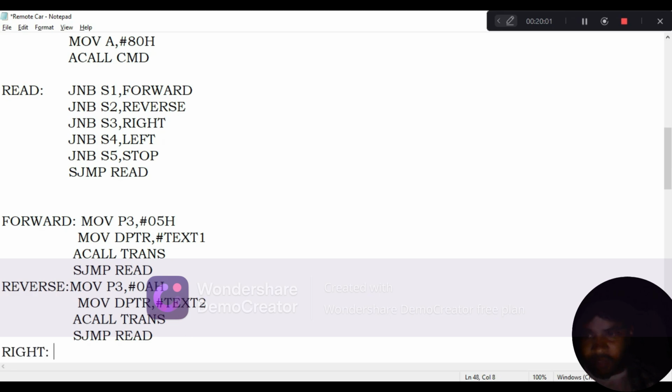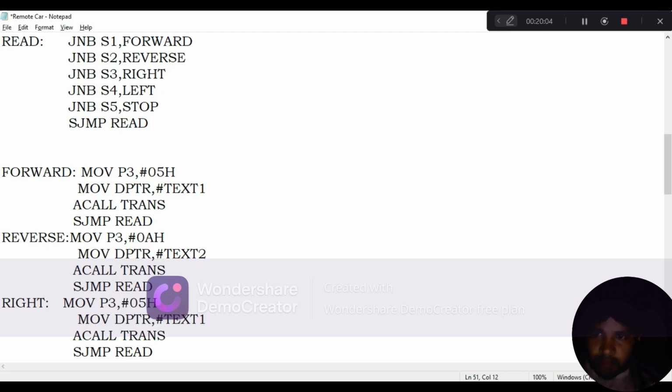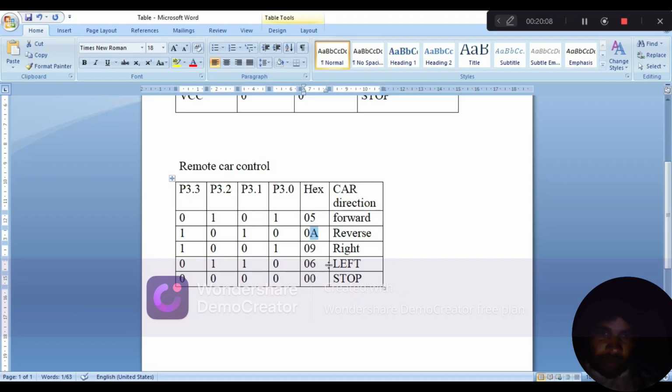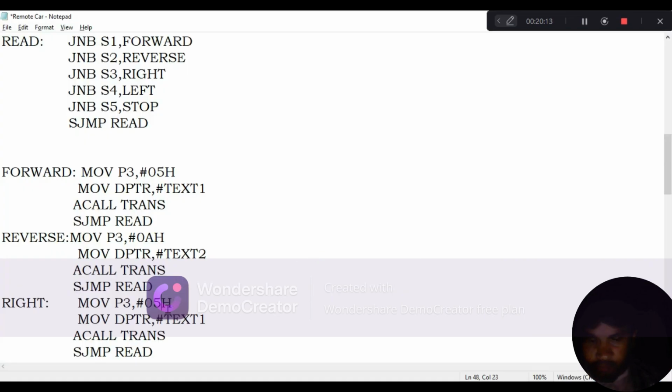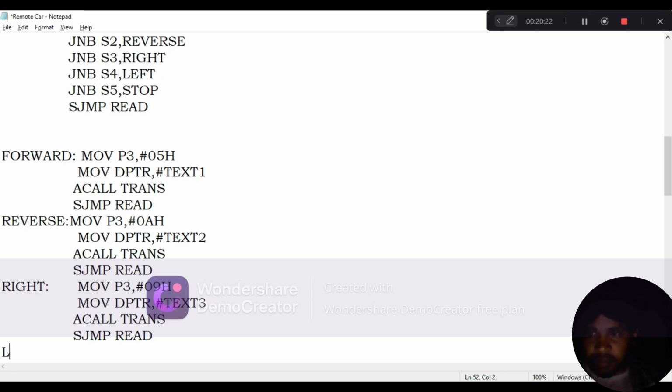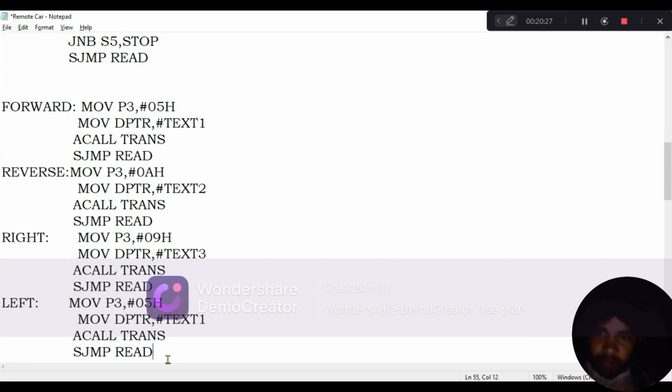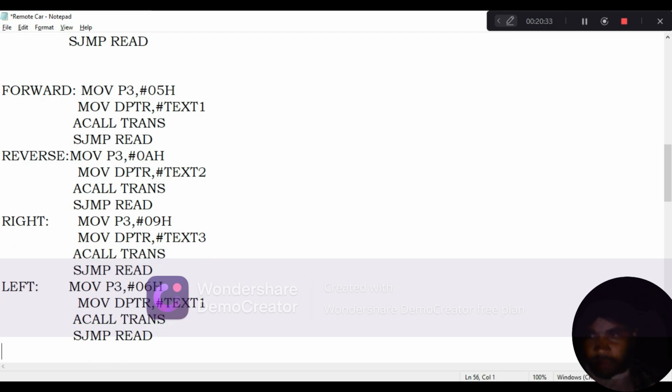Next one is the right condition. So to move the vehicle in the right direction, what is the value? 09 is there. Now send 09 and text number 3. At the end of the code you have different text messages. Okay, next one is the left. For left direction, what is the value? 06. Now take 06, and to stop the vehicle,